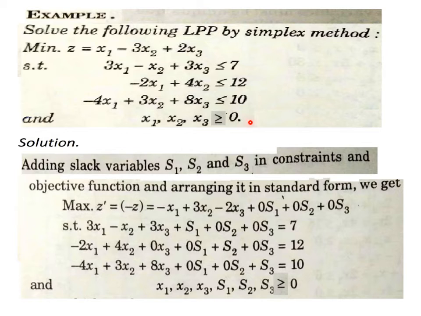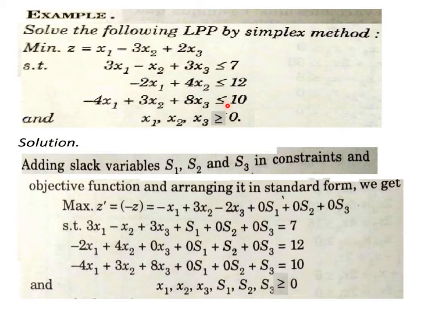If we compare this with the previous problem, in the previous problem the objective function was of maximization and here it is of minimization. And what I told in the previous lecture, the objective function must be of maximization only whenever we solve any LPP by simplex method. So without converting it into standard form we can't start the solution. While changing it into standard form, minimization will be converted into maximization,